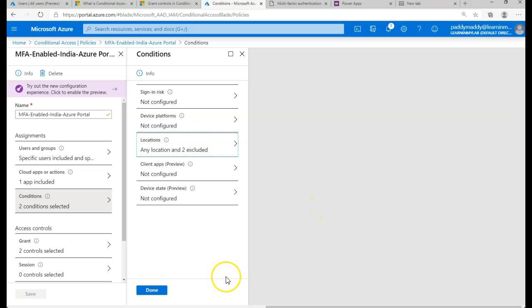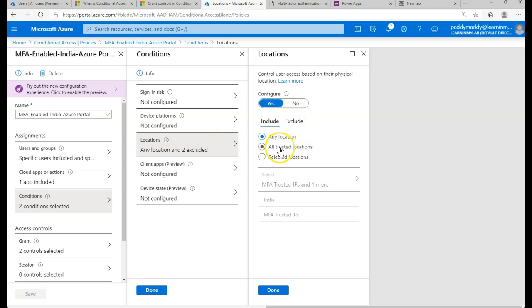So earlier, for the trusted locations we enabled it, so that it was asking for our India location specific users. If the user is logging in from India, it is prompting with the multi-factor authentication. But the same user coming from Brazil, which is a non-trusted location, was not being challenged. So we don't want that to happen. Our policy should apply for Brazil users, that means non-trusted locations. So what we have done here is we have applied it for any location with the exclusion of